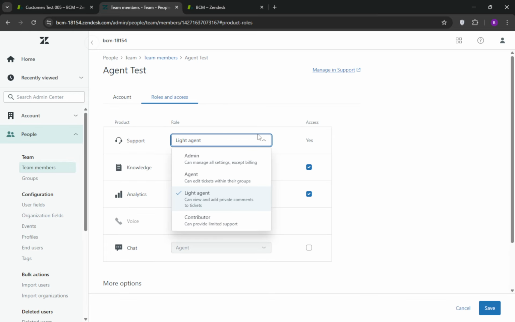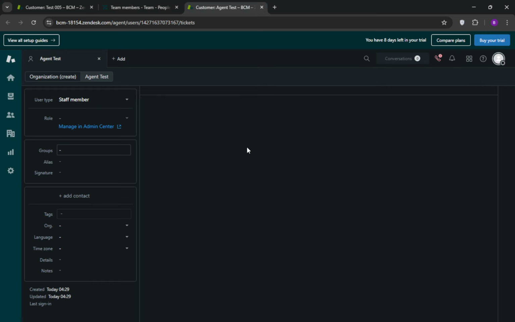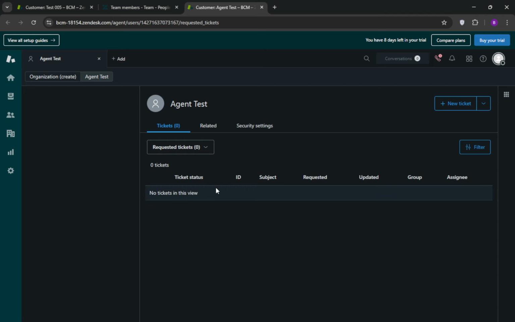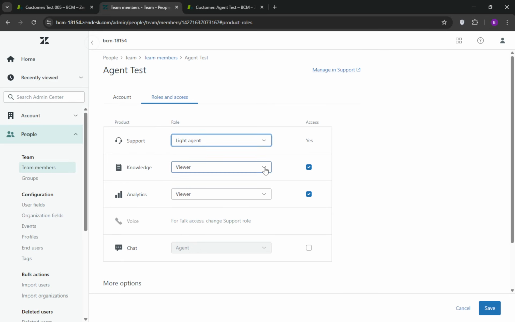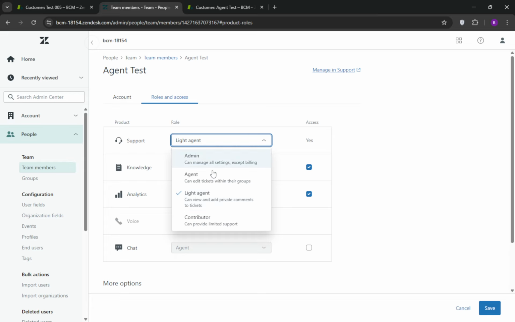Next up, let's consider the optional yet highly recommended step of downgrading the agent's role. After you're in their profile, you can change their user type or role from agent to end user, or even to light agent. This adjustment is beneficial, as it means the person will no longer count as a full agent seat, but will still preserve historical ticket data and reporting metrics. This also helps keep your analytical insights intact, as it retains the record of which agent handled which tickets without